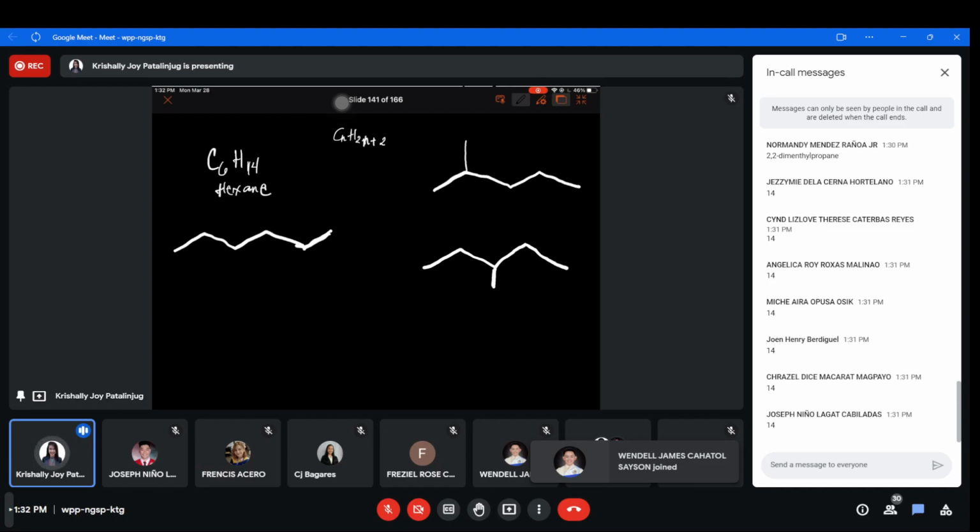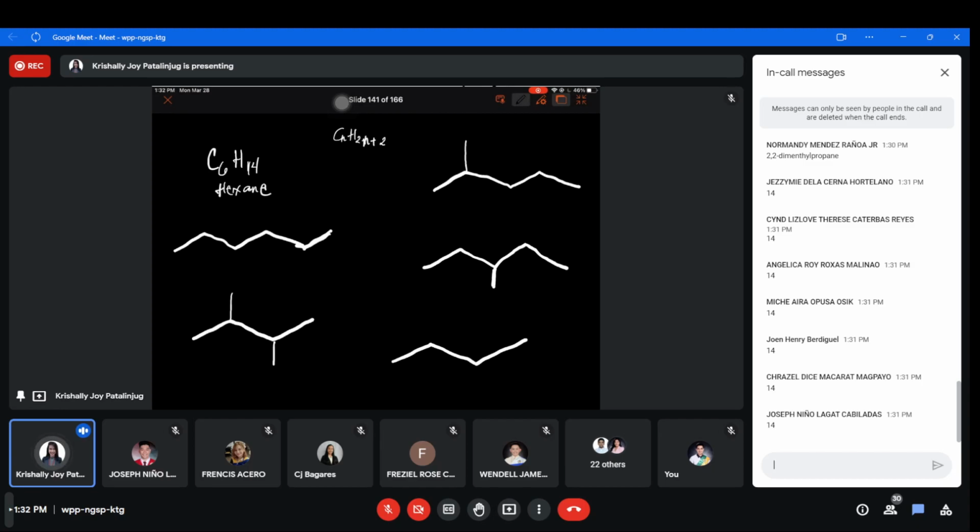Okay? Yung pang-anim na carbon, isang branch or substituent. Pwede din, 4 lang yung carbon chain, 1, 2, 3, 4. Then, yung dalawang remaining carbon, puro branches. Or, 4 na carbon chain, yung dalawang remaining carbon, para maging 6 na carbon, okay, nasa same carbon yung attachment,